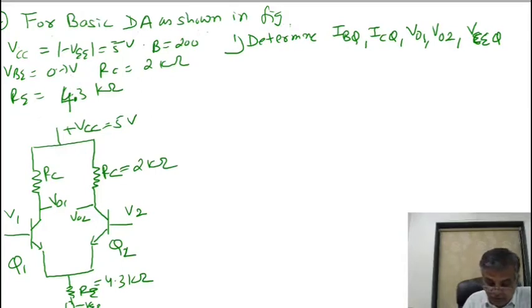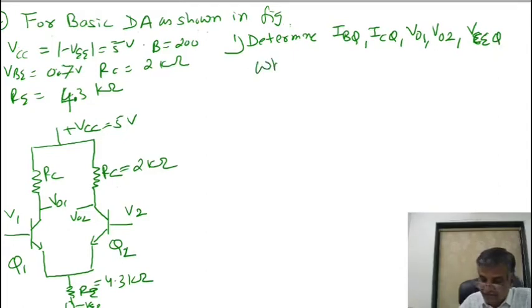VBE is how much? 0.7 voltage. RC collector value, 2 kilo ohm, 4.3 kilo ohm. First, determine IBQ, ICQ, VO1, VO2, VCQ